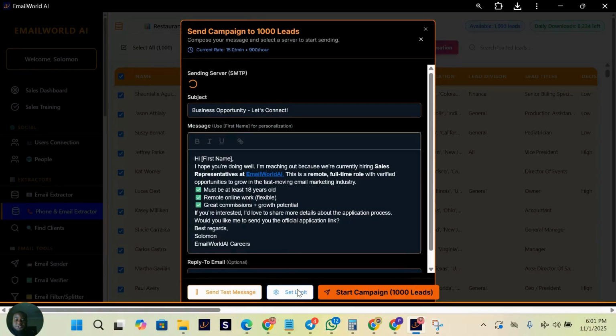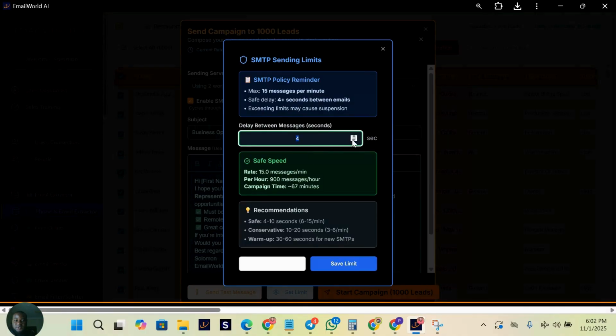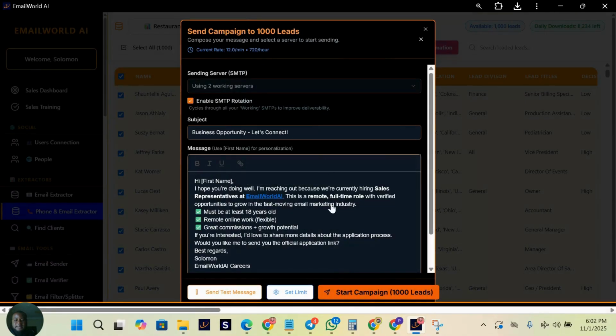Before we check the test message, you can click set limit here. On this page you can increase the limit and the delay. This delay makes sure the messages are sent slowly to avoid being a spammer or spamming people. So at 5 seconds each, every 5 seconds one message will be sent out. Then you can click save limit. Then you can go ahead and click send campaign. When you click send campaign here,